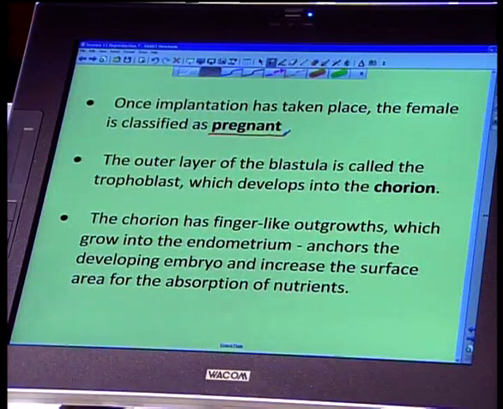Why? Conception has occurred. The egg cell, the fertilized zygote, has now undergone mitosis, and there's a very real process that's occurring. As soon as those fimbriae from the blastula start growing into the endometrium, then we say the girl is pregnant, and that takes about 6 days from conception. So that is why you're going to miss the period, and that's how women generally know, oops, I think I'm